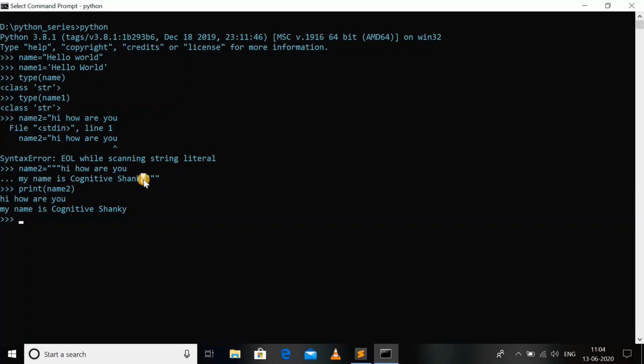In Python, strings are treated as arrays. So to access any element of the string, we can use square brackets. Let's say I have a variable temp and I store my name in it. Let's say I want to access n in this.